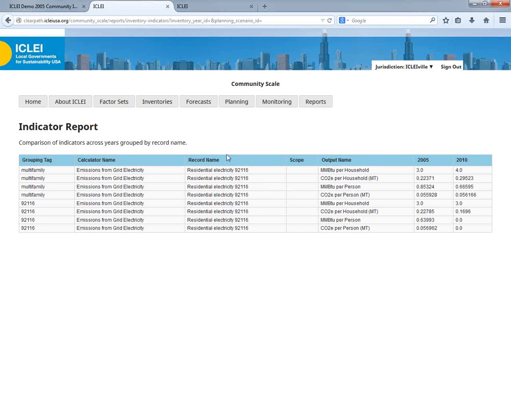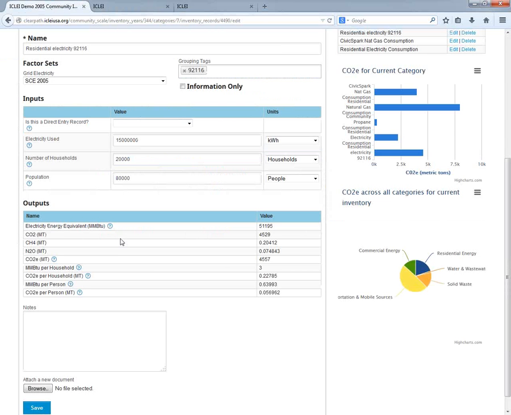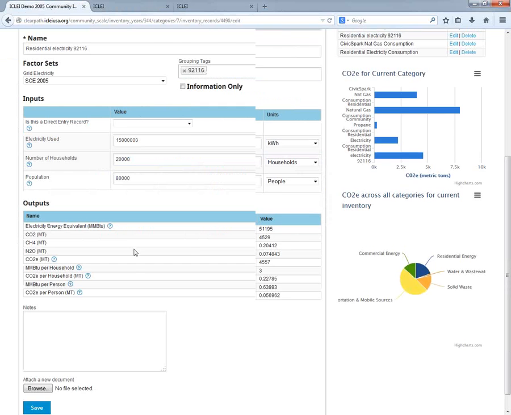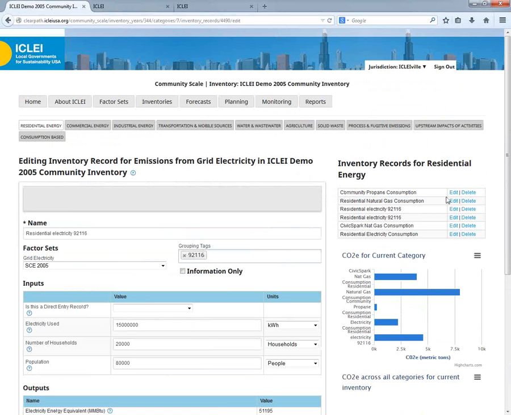If you have anything that doesn't have both a match on the record name and a match on a grouping tag, it will not show up in this report, because there are lots of other records in both of these inventories, but these are the only ones that we have set up here. So if I go back over to my records, I can look at this propane consumption,